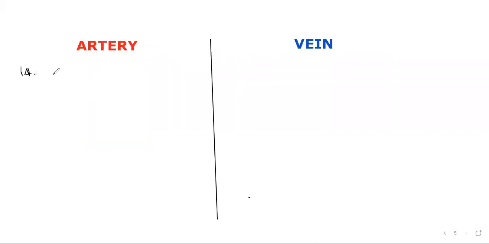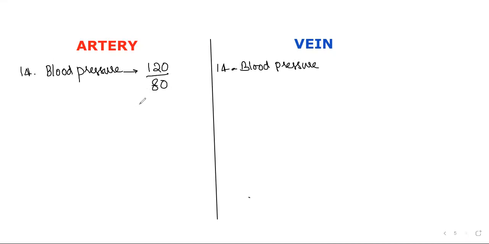Yes. Blood pressure. Very good. Blood pressure in arteries. If I say 120 in artery, how much in vein? 80, he expected. That's why I'm asking. Otherwise, you will think about it in the examination itself. Here only we have to discuss that systolic pressure by diastolic pressure. If time permits, today only we'll discuss. 120 by 80 here.